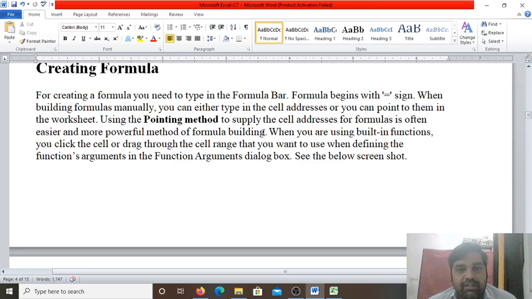Using the pointing method to supply the cell address in formulas is often an easier and more powerful method of formula building. If you do not know the address of a cell, click on that cell and its reference will automatically be added in the formula bar. When using built-in functions, you click the cell or drag through the cell range that you want to use when defining the function's arguments in the Function Arguments dialog box.